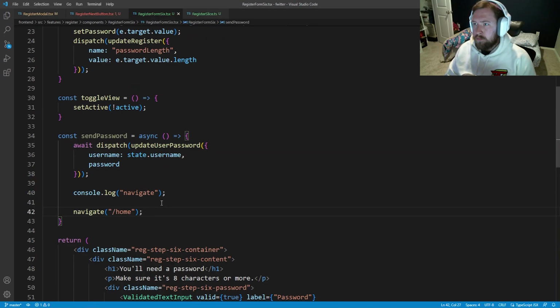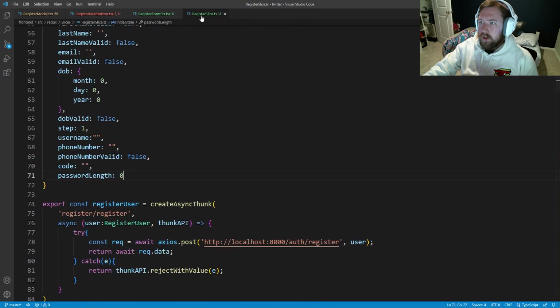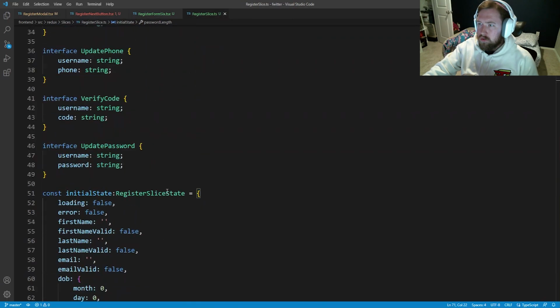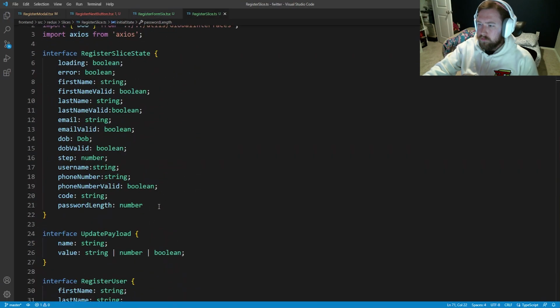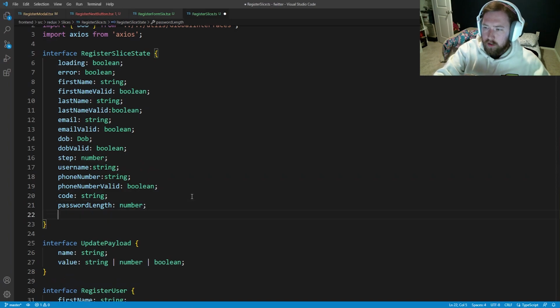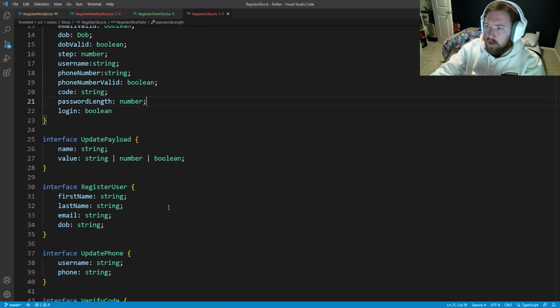This is the other bug that I really wanted to fix. I think that the best bet would be to say something like login boolean, right? And then whenever we send to update the password and everything goes right,